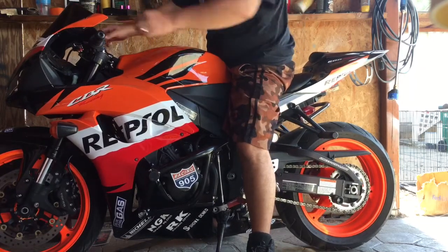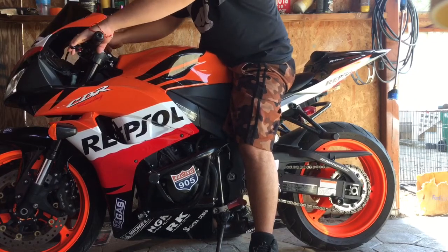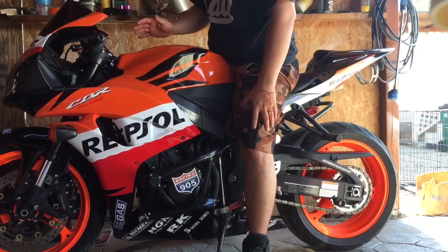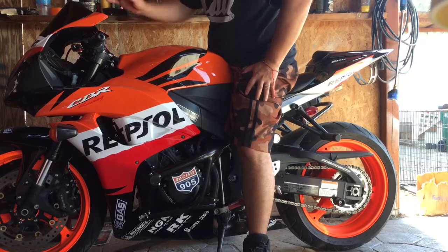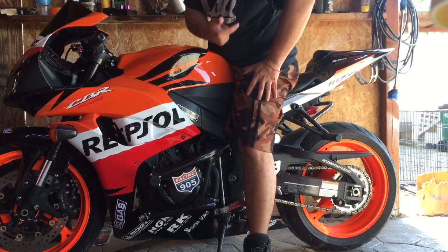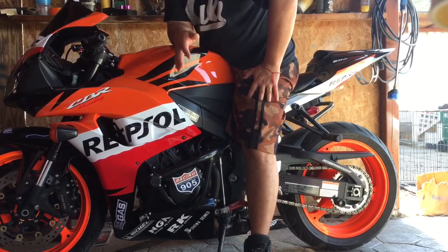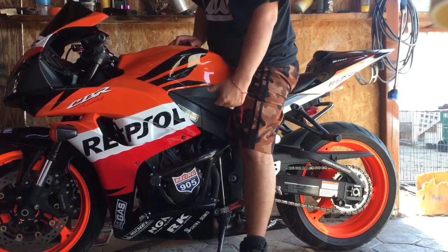Once you have practiced releasing the clutch slowly, you want to start your bike up. Before I start up my bike, because it is really loud, I'm going to kick up my kickstand, because if you put it in first gear with the kickstand down, the bike is not going to stay on. So I'm going to kick my kickstand up and put it in first gear,